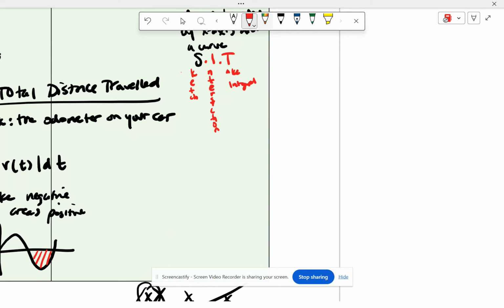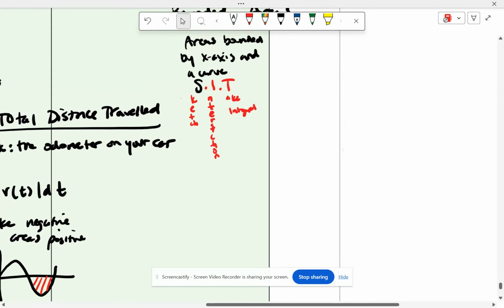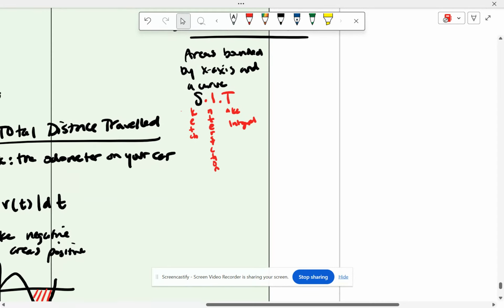Go up a little bit, just a wee bit. Take integral was too hard to write vertically, I guess. So,